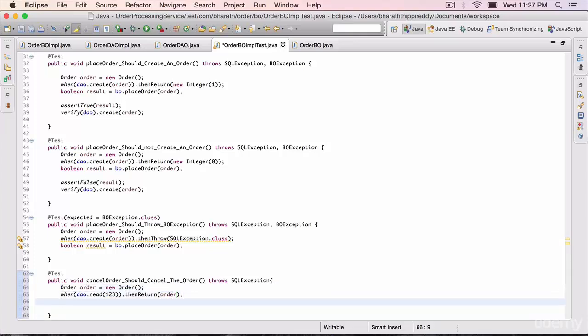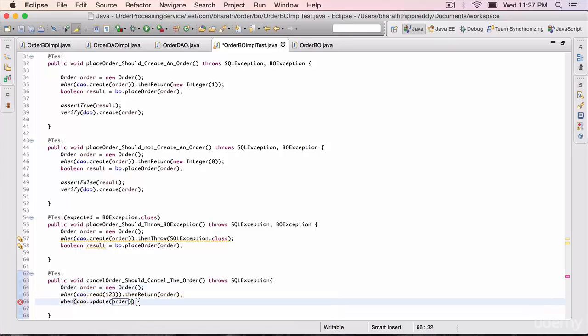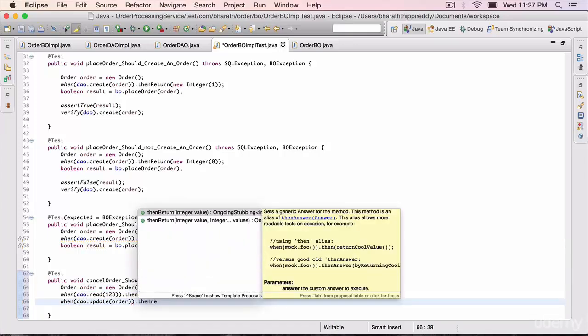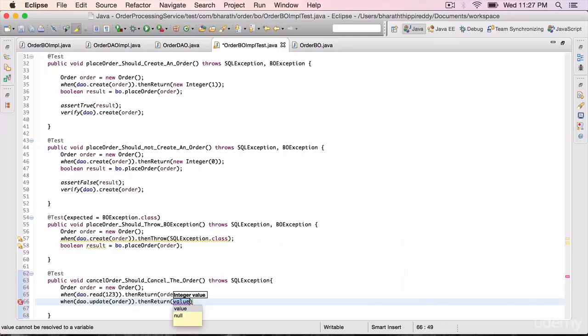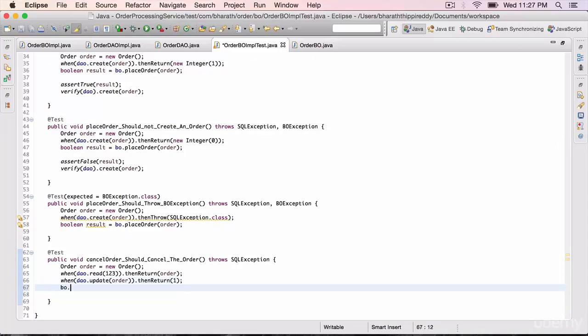The second thing we are going to stub out is the update method. When DAO.update is called with this order object which we have already here, dot then return an integer value of 1. So we have the expectations set here. Now we can call the BO dot cancel order, pass it 1, 2, 3.